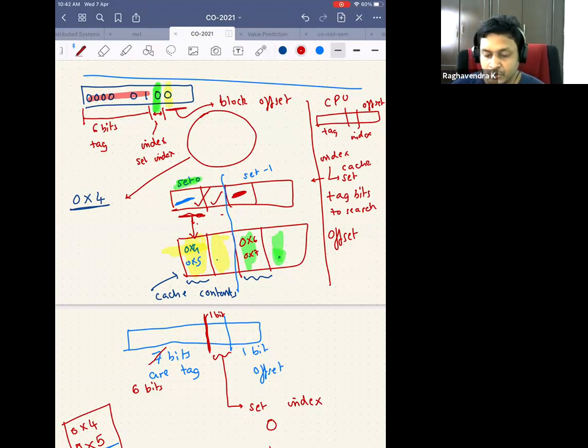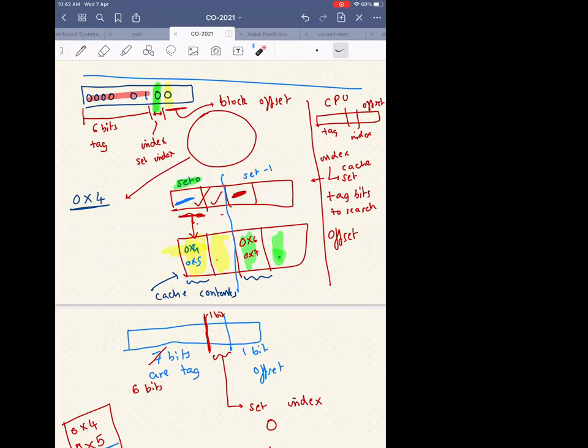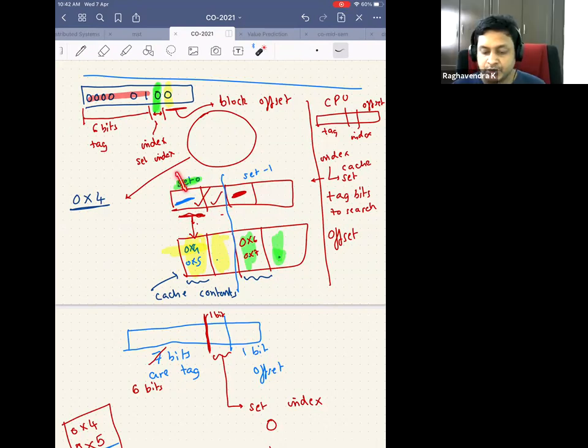Now the question is, do I need to store the index bits in the address here? No, right? Because I have already used the index bit to come here. Any address that I am storing here will have 0 in its index bit. If it was not 0, I would not have stored it here.